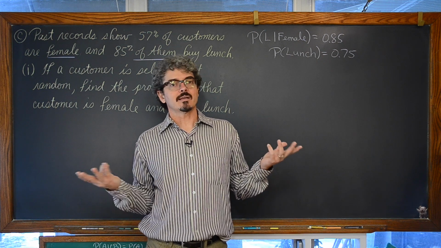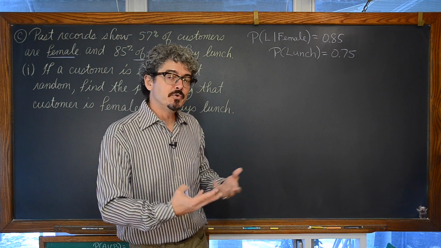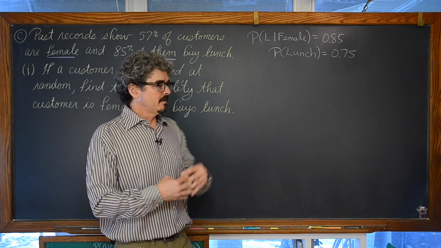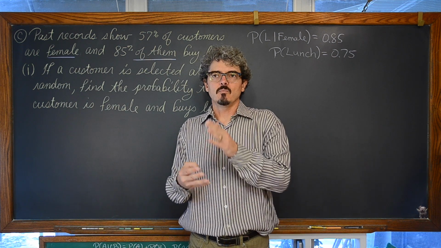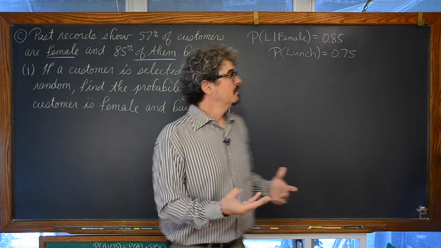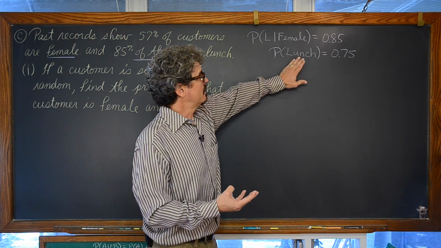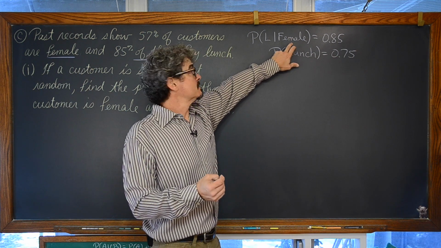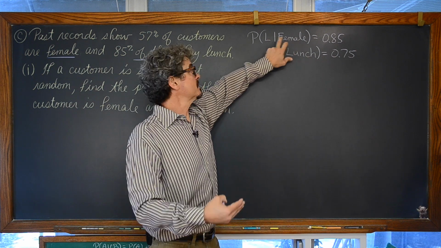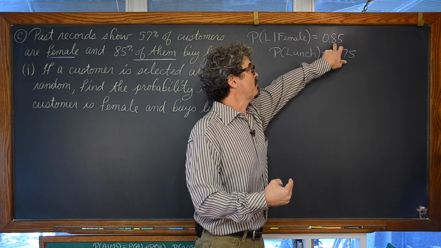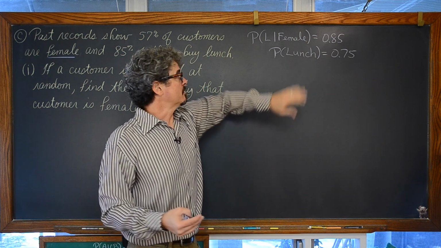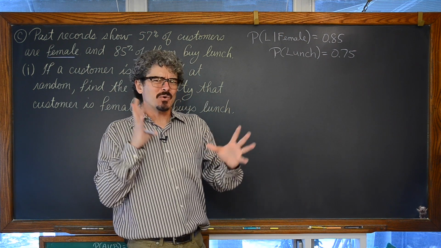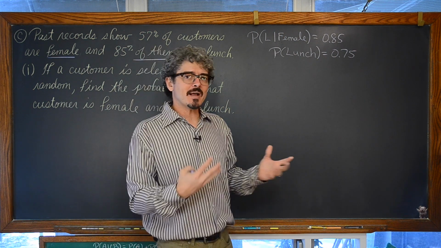Well, that kind of sounds right, but given the type of food and where this restaurant is, maybe that has something to do with it. They're really not independent. An independent event is one where one event is not affected by another. Of all the customers that come into this restaurant, 75% of them buy lunch. Of the females, if that customer coming in is female, that's going to change the probability of them buying lunch, which is 0.85. The fact that these two values are not equal means that, though at face value it doesn't seem like they should be, they're actually dependent events.